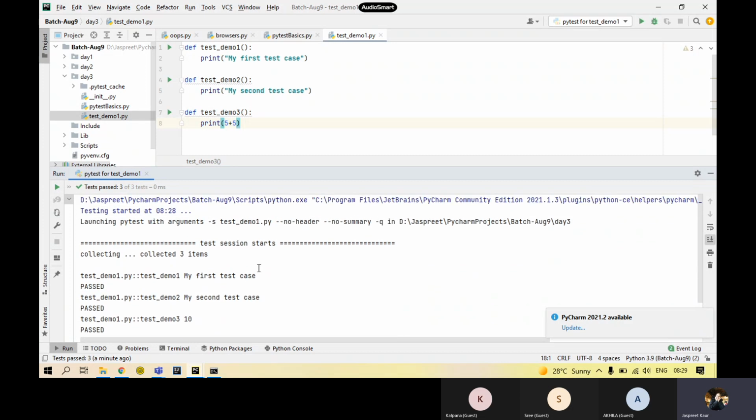And one more thing to observe over here is the additional arguments. Earlier I was not getting anything. There were no headers, no summary, everything was empty. But now I have given one argument and that argument is coming over here. So whatever arguments you give, they're going to be listed over here. You can check that and see if you need it or if you don't need it.